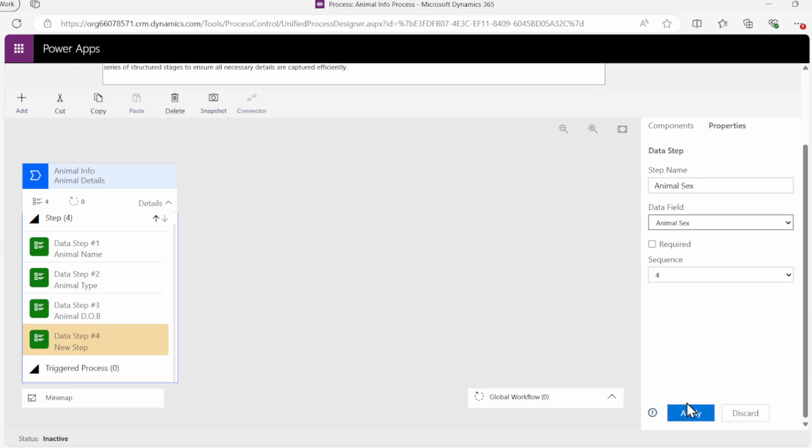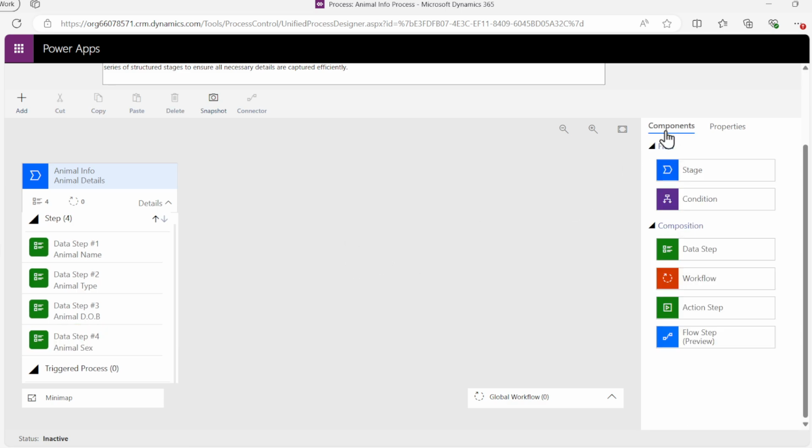And this is not going to be a required field. Hit apply. All right, so now that we've completed our first stage, you can add more data steps, but I think this is enough info for my animal. Now I need info for shelter details, so I'm just going to drag stage from the components field